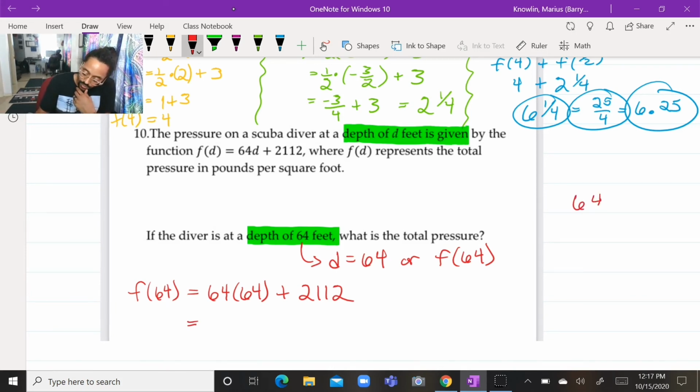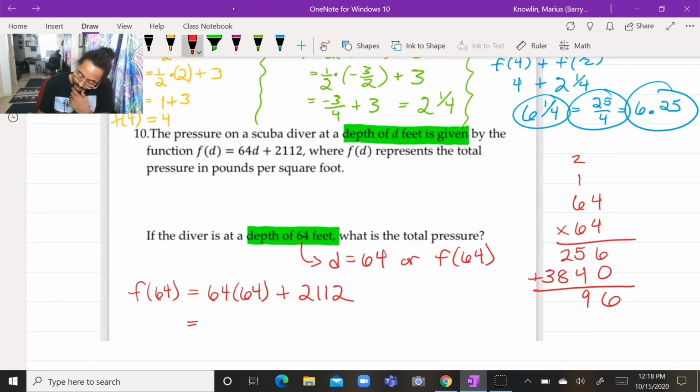Okay, and now we have to do 64 times 64. Let's work that out right here quickly by hand. 4 times 16, carry the 1. 4 times 6 is 24, plus 1 is 25. 0. Now we do 6 times 4 is 24. Carry the 2. 6 times 6 is 36, plus 2 is 38. And now we add those up. That's 6, that's 9, that's 10. Carry the 1, that's going to be 4. So 64 times 64 is 4,096 plus